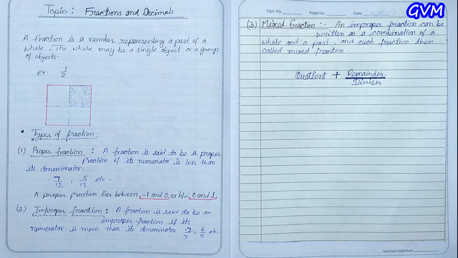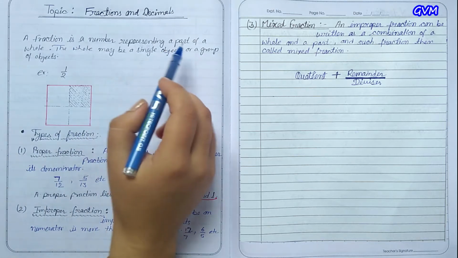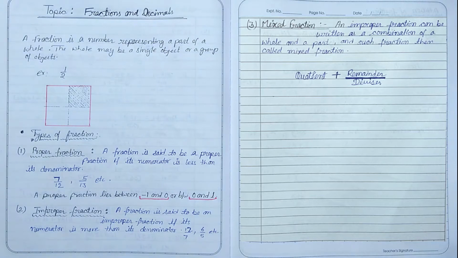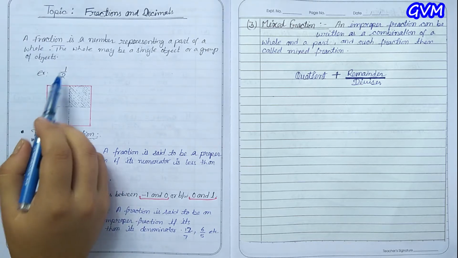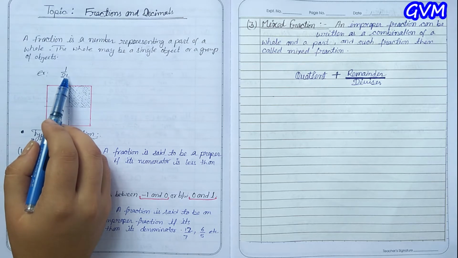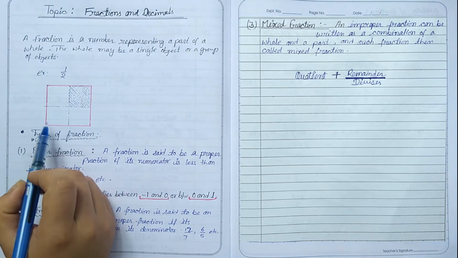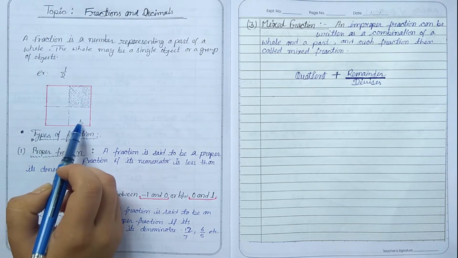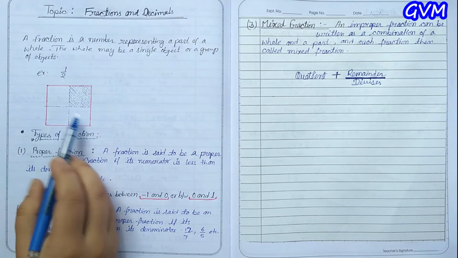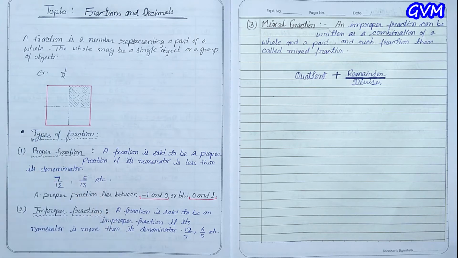So fraction क्या होता है? Fraction represents a part of a whole. So कोई भी एक चीज़ है या फिर कोई भी एक ग्रुप है, उसका एक पार्ट को हम फ्रैक्शन बोलेंगे. ओके, फॉर एग्जाम्पल 1/2. फ्रैक्शंस को हम रिप्रेजेंट कैसे करते हैं? लाइक 1/2. सो सी हियर इज अ बॉक्स वी हैव एंड इट इज़ अ होल पार्ट. जो पूरा का पूरा बॉक्स है ये हमारा एक पूरा होल कहलाएगा.